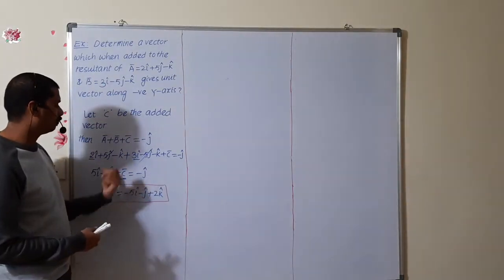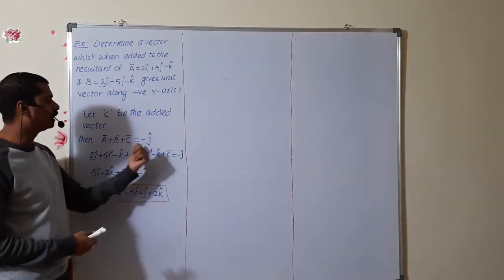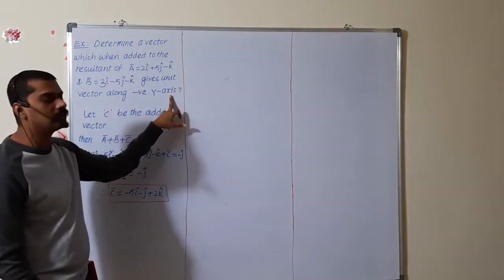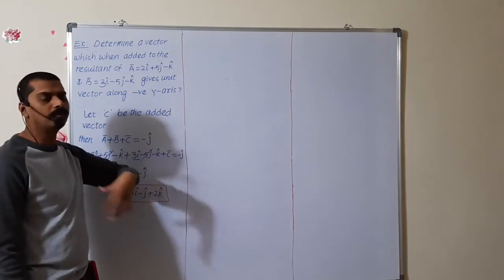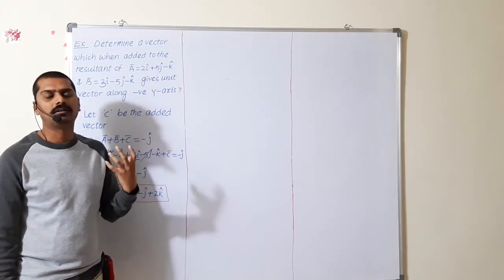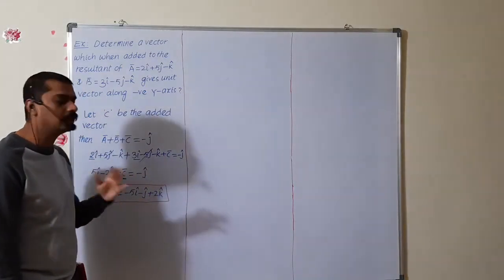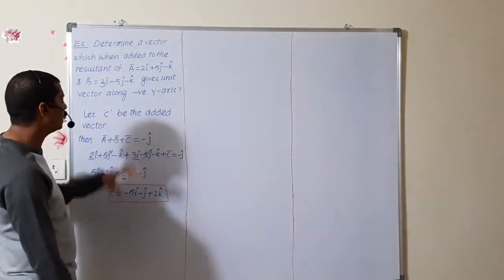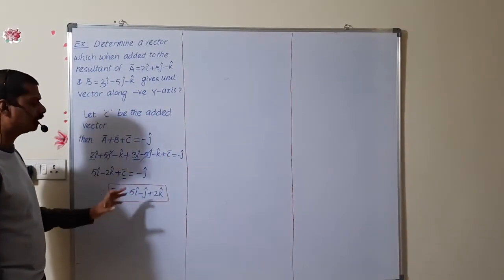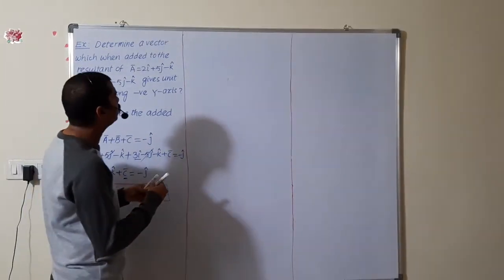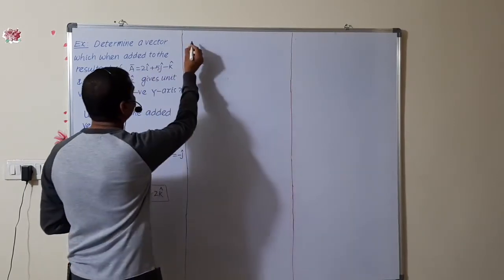That vector, if you add, will give the negative j-axis. Here we have discussed only the y-axis. The same questions you can make along the y-axis, x-axis, z-axis, positive and negative also. You can find the new vectors. This is one pattern to find the unknown vector. Again, here we will discuss some other special cases.